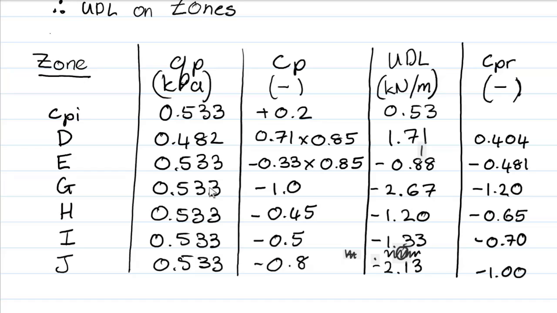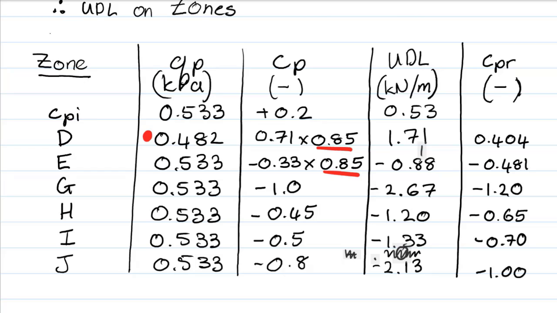So here you'll see all the zones with the zone, the pressure to be applied, the CP value, either CPI or CPE, the uniformly distributed load, and then the resultant pressure coefficient. A couple of things just to note. Firstly, in terms of pressures, remember on our windward face, we applied the pressure at the eaves. Everywhere else we have applied the pressure at the apex. And then also with the CP values, I've applied it as 0.85 there,